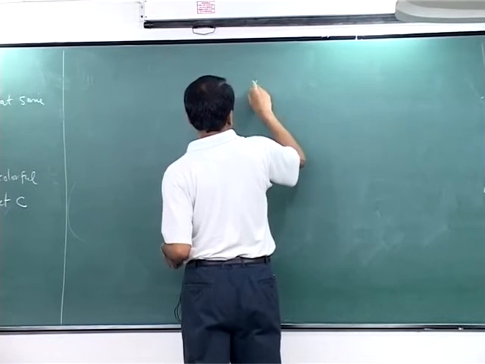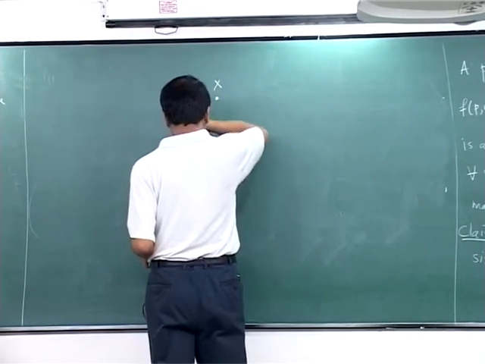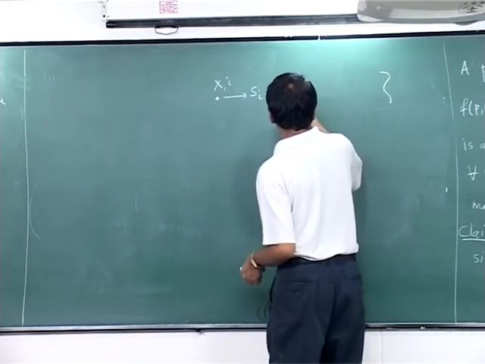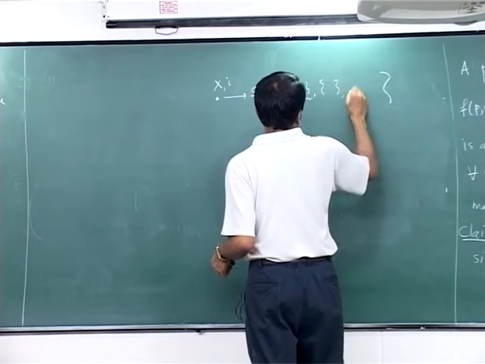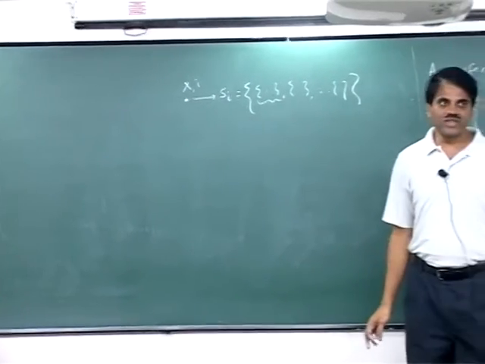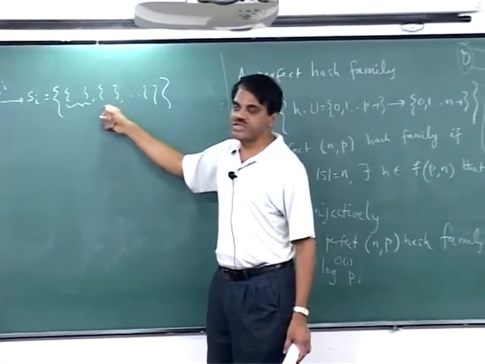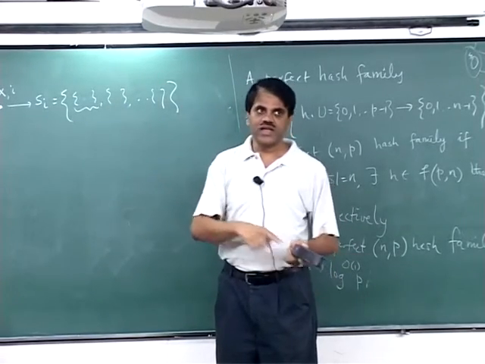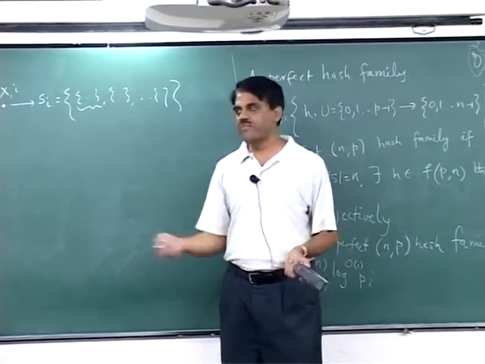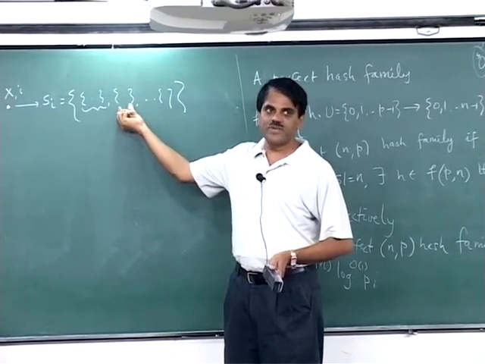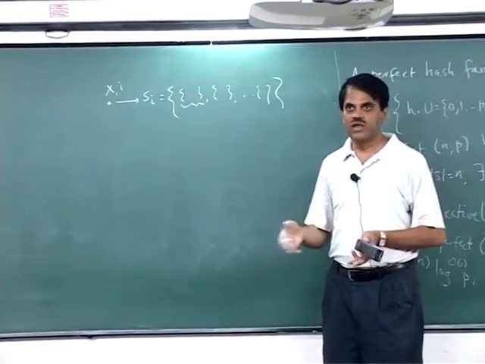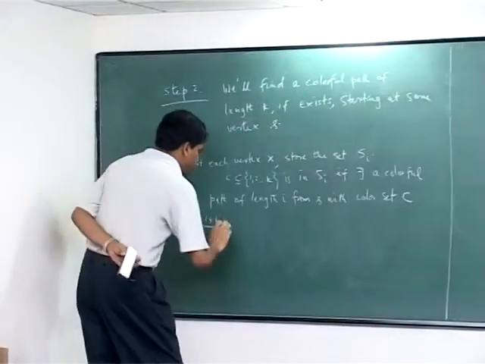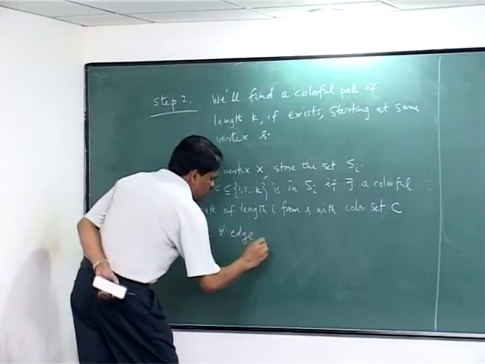Read this. At a node x, at stage i, I'm going to store a set S_i. What does it contain? It contains some color sets. Okay. What are these color sets? Well, the color set here means that there is a colorful path of length i starting at s, ending at this vertex, with colors in that path being this set. There may be several colorful paths from s to x. So I store the color sets of each of these. For every edge